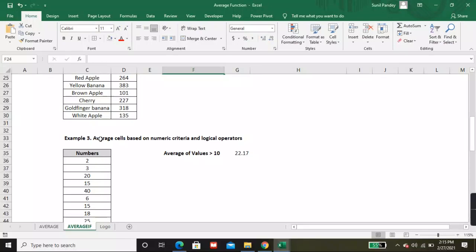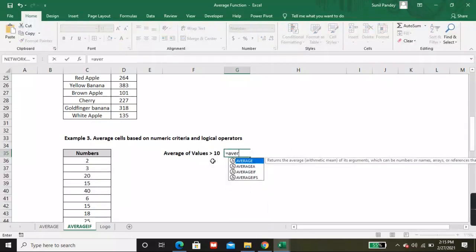Okay, let's see the third example of average if. In this we are giving a numeric criteria. Okay, let's see, average of values greater than 10.